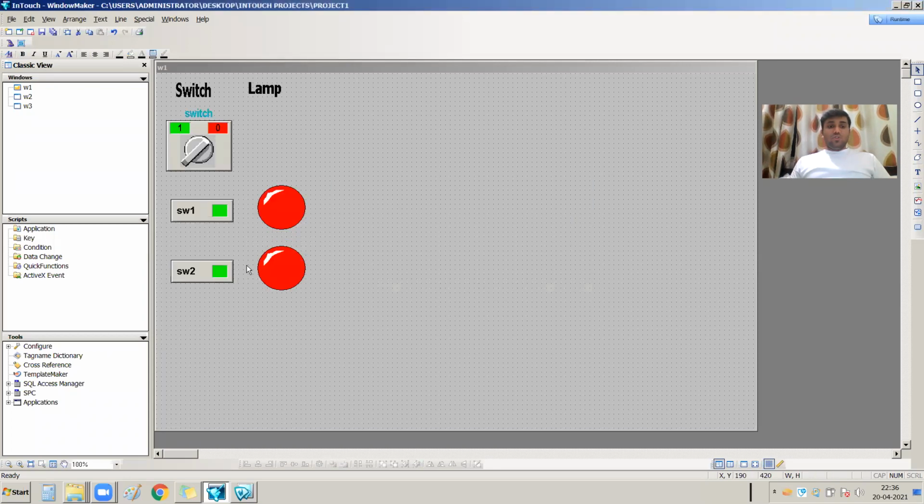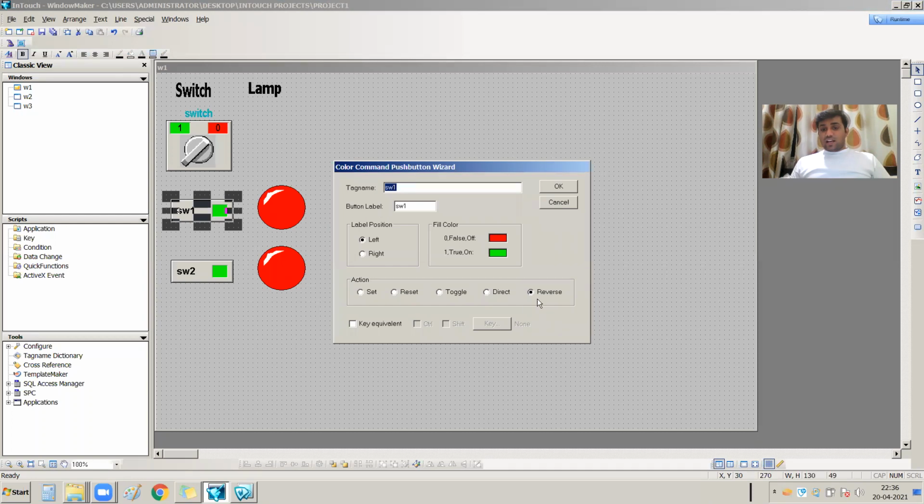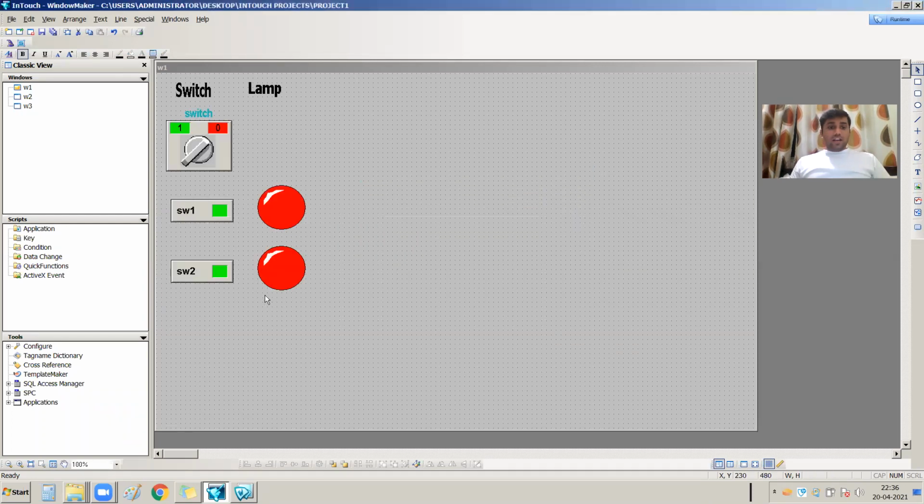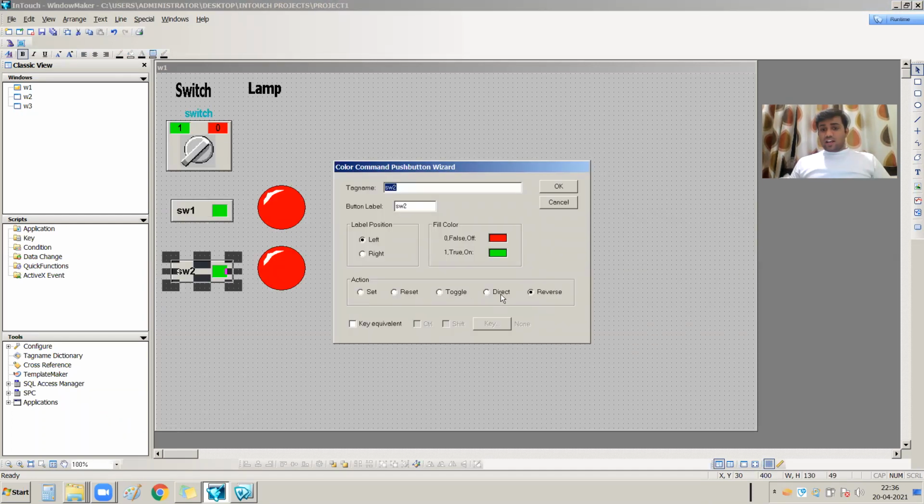For this switch I have used reverse action, and for this SW2 switch I am using direct action for your better understanding. So by using side by side, I am going to test these two buttons for direct and for reverse, so you can easily understand what is the difference between direct and reverse action.